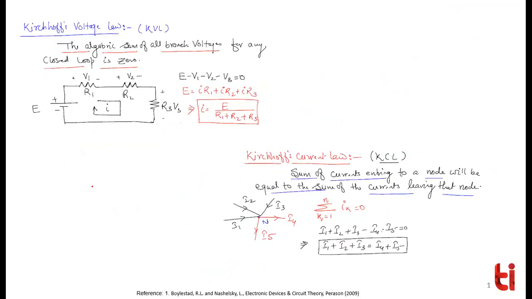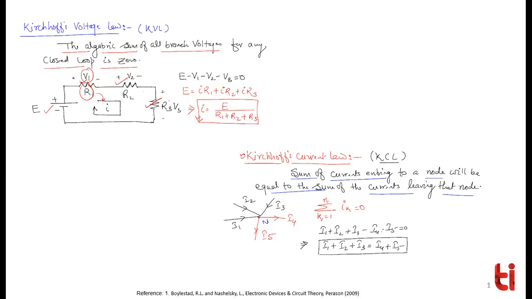Next. So this is a very simple slide. I think I do not need to go through this slide because it's simple KVL and KCL. Everyone knows. Let's say you have a circuit where you have resistances, where you have a current I flowing through the circuit. You may have the voltage drop across R1, R2, and R3. No problem at all. You need to apply the KVL. KVL is simply E minus V1 minus V2 minus V3 equal to 0. And what is V1? V1 is the voltage drop across R1 due to the current I. So it will be I R1. V2 is I R2. V3 is I R3. So simply you can get the current from over here. From current you can calculate.